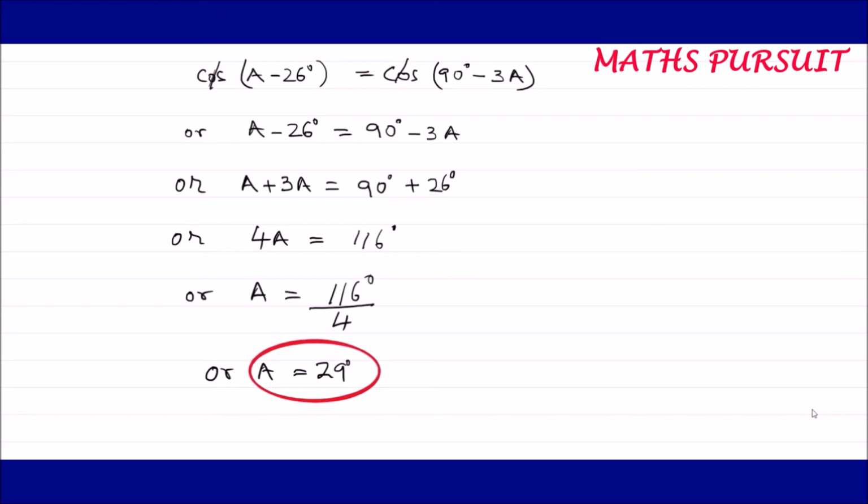But if you notice, in the question they mentioned something about an acute angle. We did nothing about the acute angle. Sometimes even if the information is given in the question, we do not use it. After all, what is an acute angle? An acute angle is an angle which is less than 90 degree. We got the value of a as 29 degree, and 29 degree is less than 90 degree. But we didn't take any help from the acute angle, and still we were able to find out the value of a.